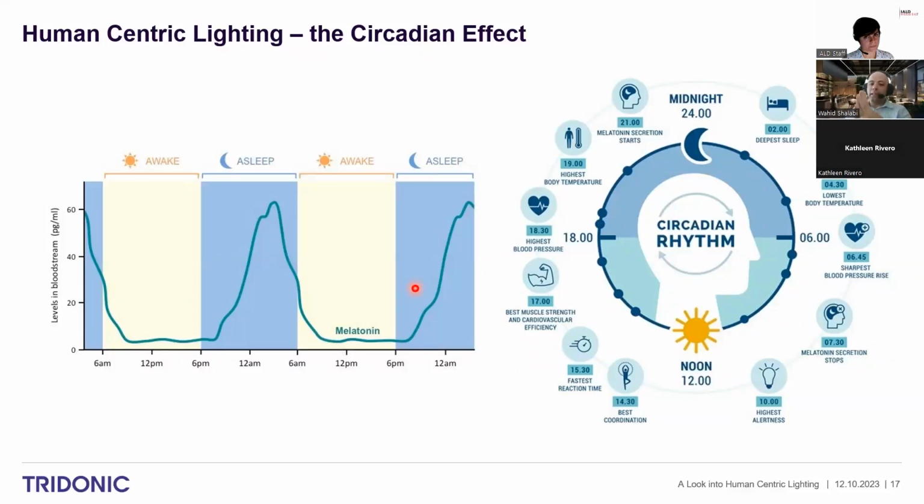This obviously happens automatically, day and night cycle all the time. And the key point that we want to discuss here is that it is related to the natural changes in sunlight. It changes in intensity and changes in the color content of the natural sunlight. So if, instead of following the melatonin, we follow the sunlight parameters here, we see that intensity increases during the morning hours,